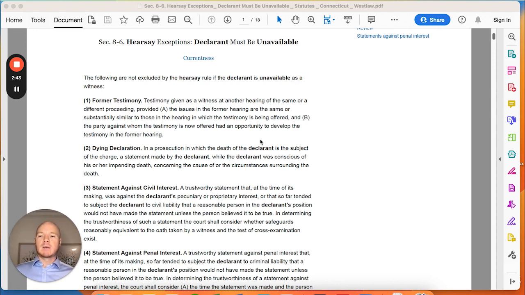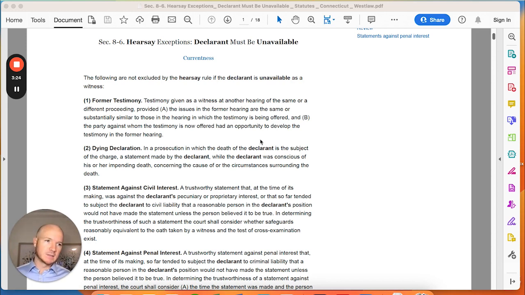So I think a good example of that is, let's say there's a divorce proceeding going on and you're having a divorce trial. And in addition to that, 6 months ago, there was a restraining order hearing. And during that restraining order hearing, there was testimony that the husband hit the wife after dinner one night, in front of the kids. So a witness testified that he or she saw that assault after dinner, and that was testified during the restraining order hearing. Fast forward 6 months, 9 months, and it's the divorce trial, and that witness is no